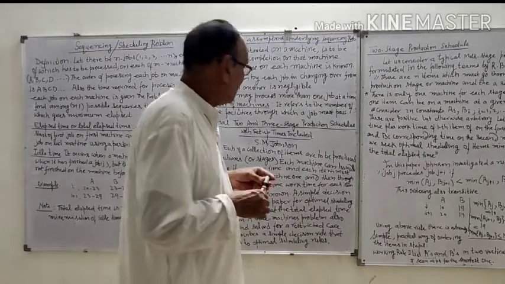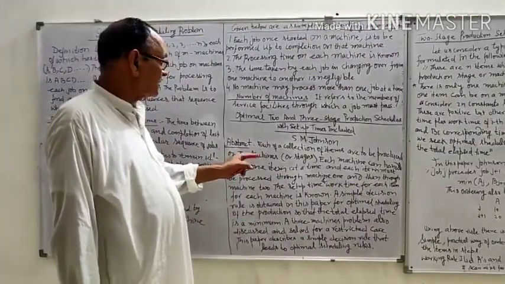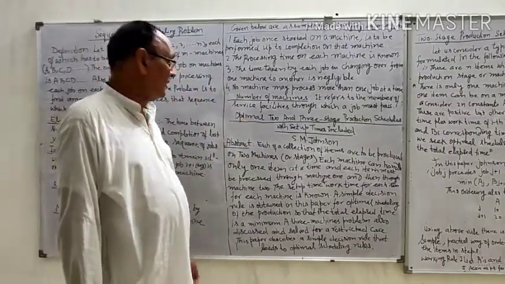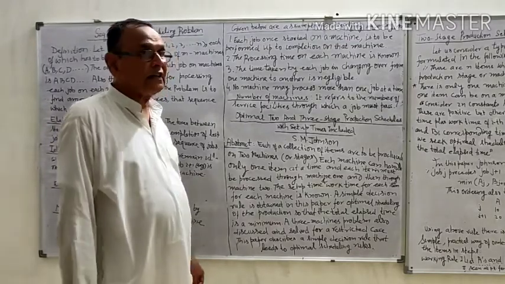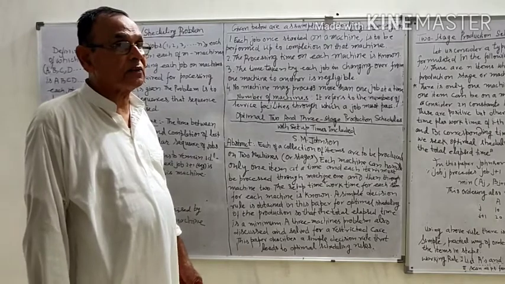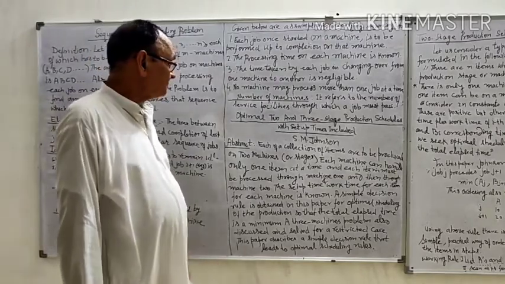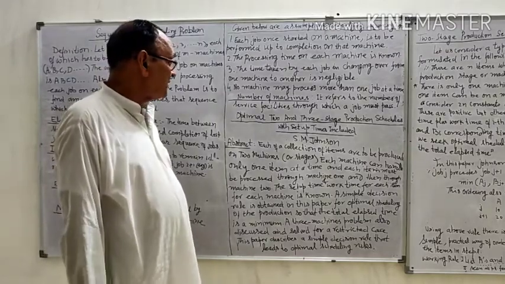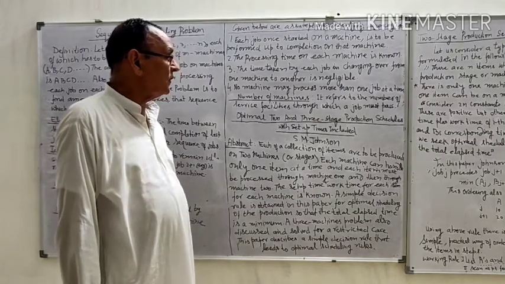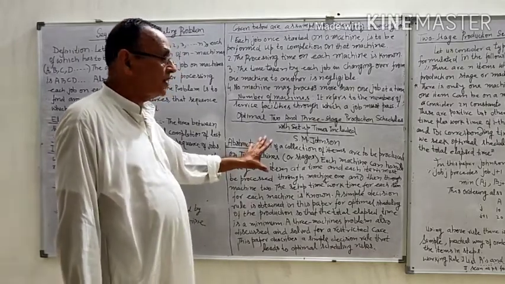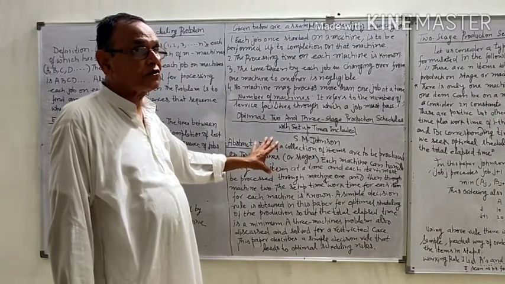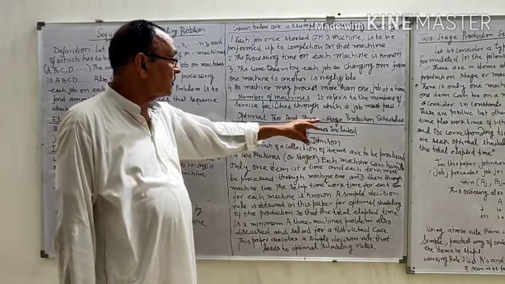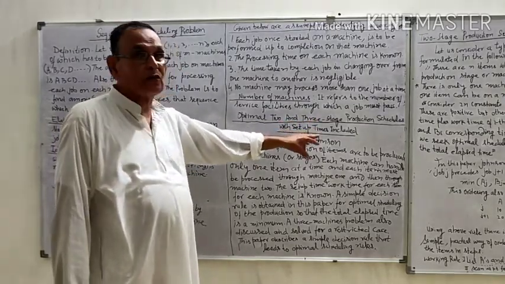1954 in England. Yes, this is the abstract written by S.N. Johnson in his paper in 1953, the first paper in sequencing and scheduling, which was published in 1954 in England. The abstract is: each of a collection of items are to be produced. This is the original abstract written by S.N. Johnson in his paper under the title Optimal 2 and 3 stage production schedules with setup times included.